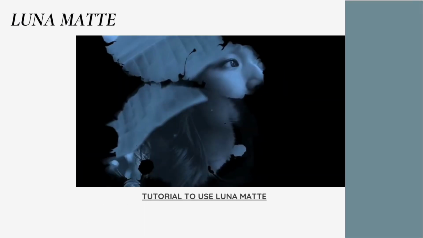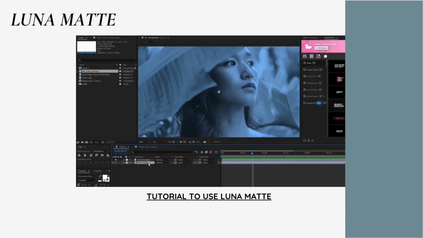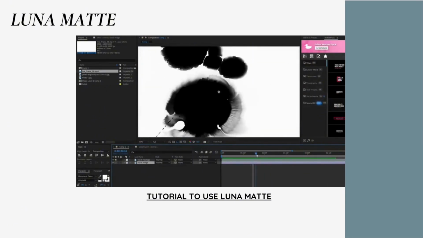How to make an ink blot reveal using Lumimats in After Effects. Here I have a stock image that I downloaded, and over it I've placed some stock footage of an animated ink blot. To open